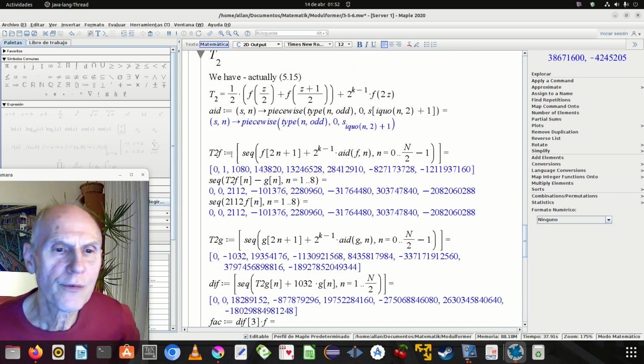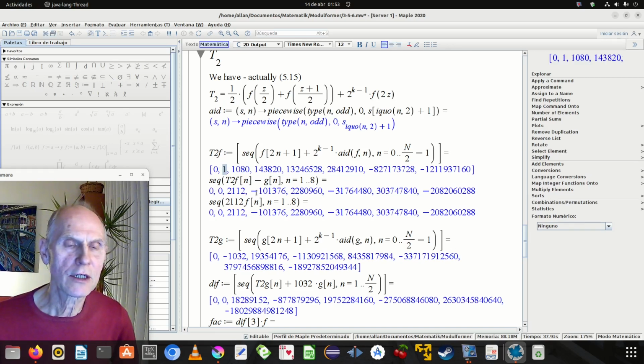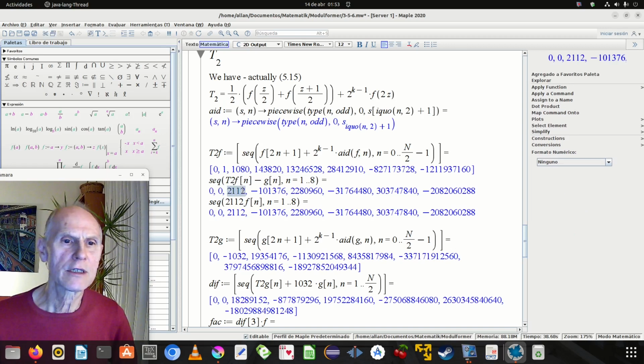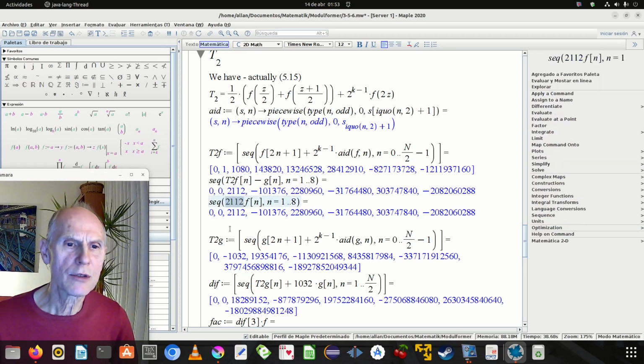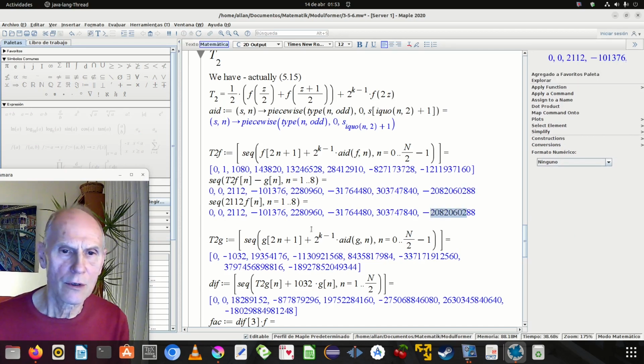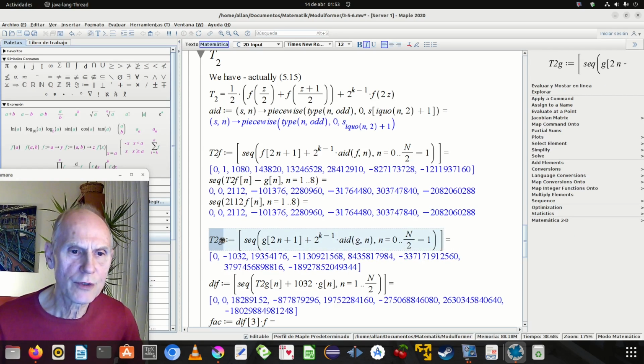T2 of F comes out normalized, so we just subtract G itself to get this, and that turns out to be 2112 times F, which we see here, all the coefficients agree. And next T2 of G,